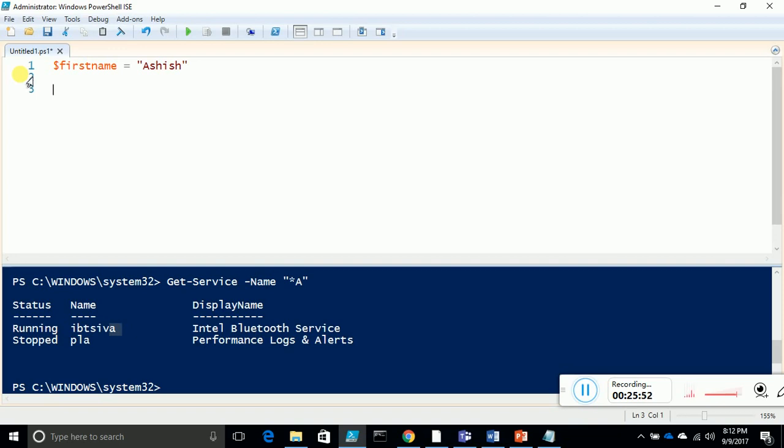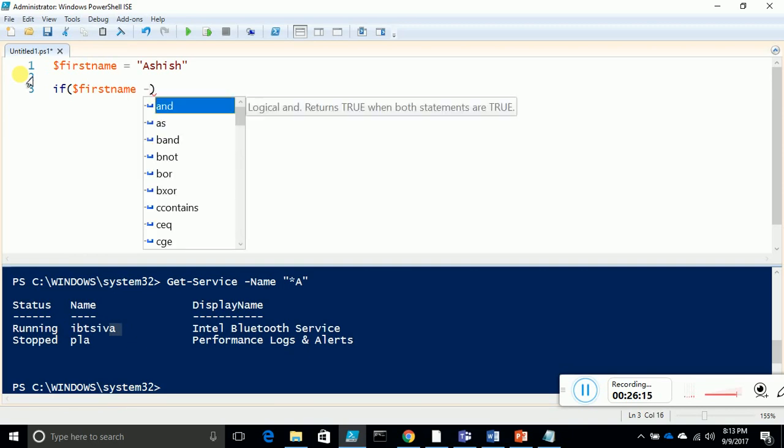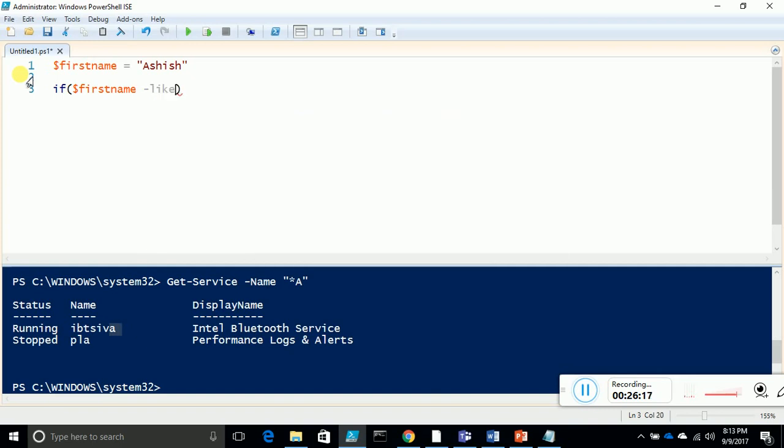So I would say if, we still need to discuss the if-else condition, which is just after this, I mean conditional execution, but you know this. If $firstName is -like,